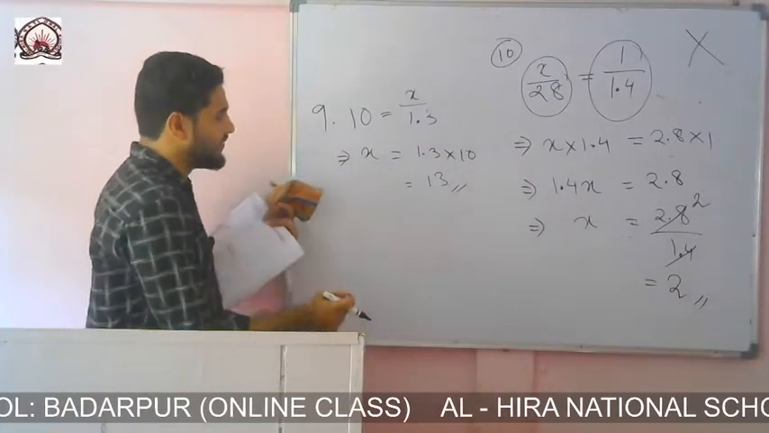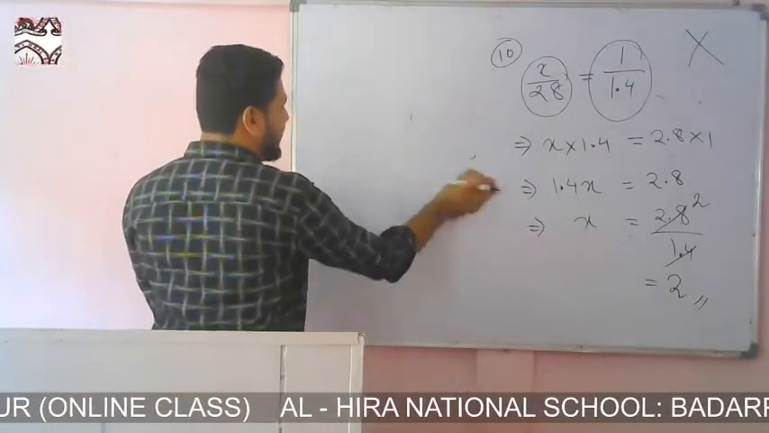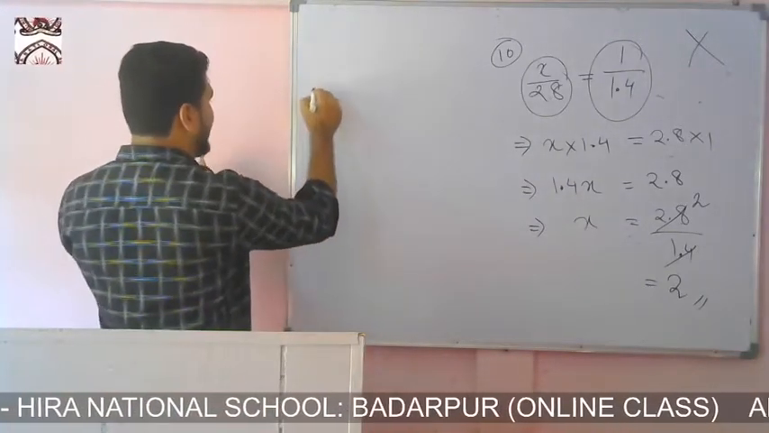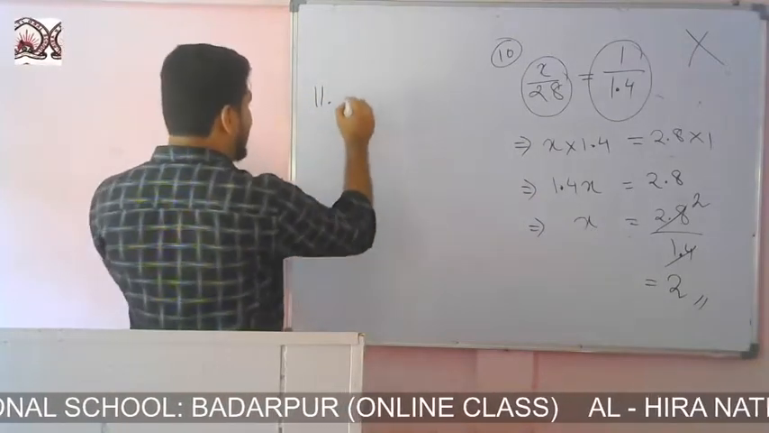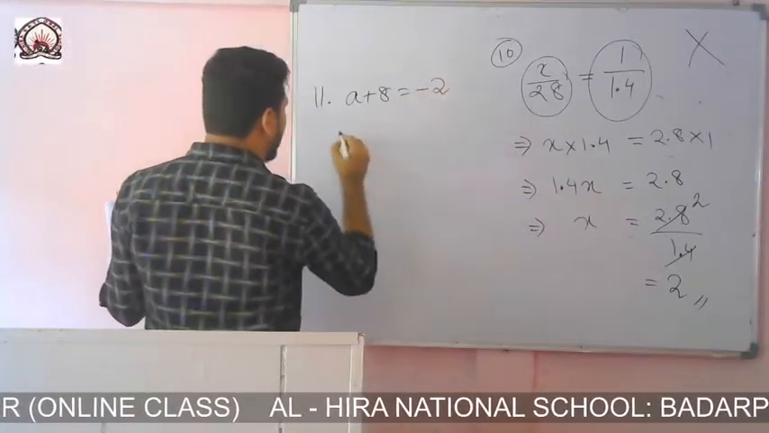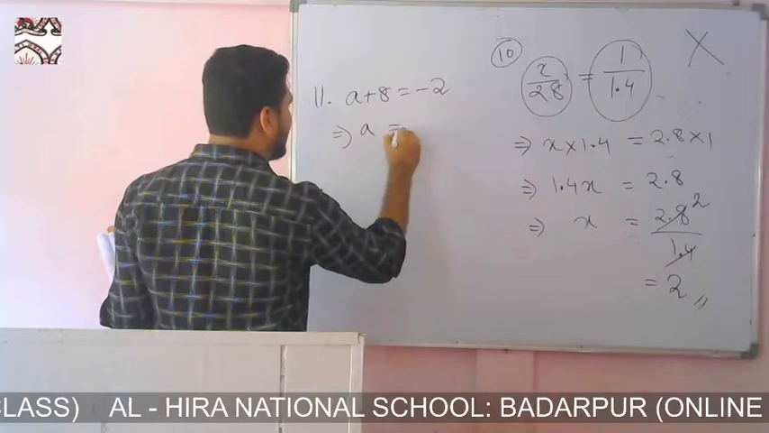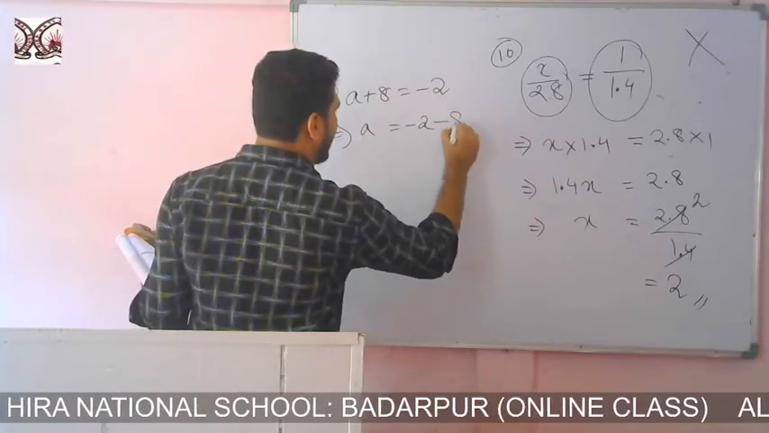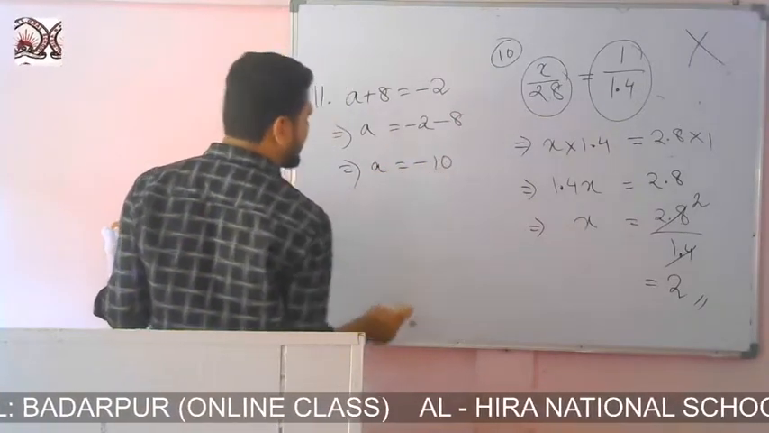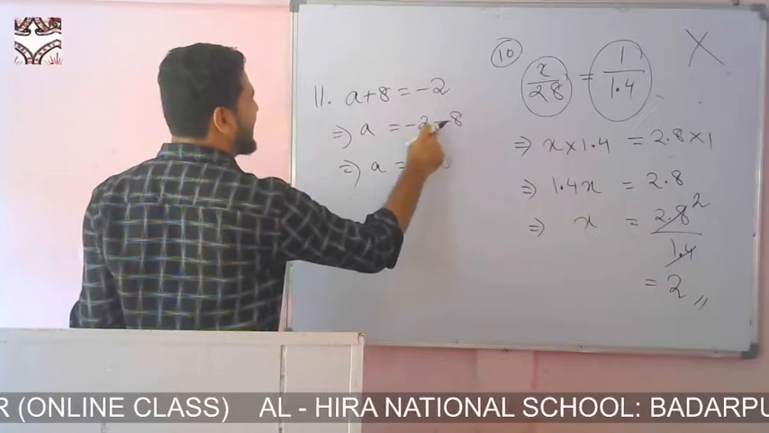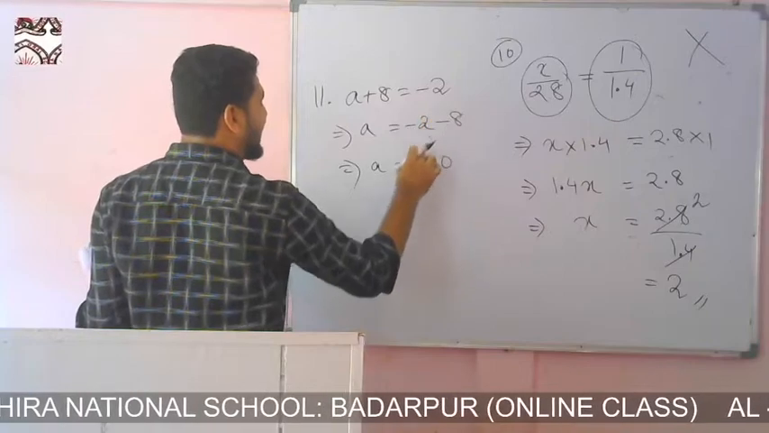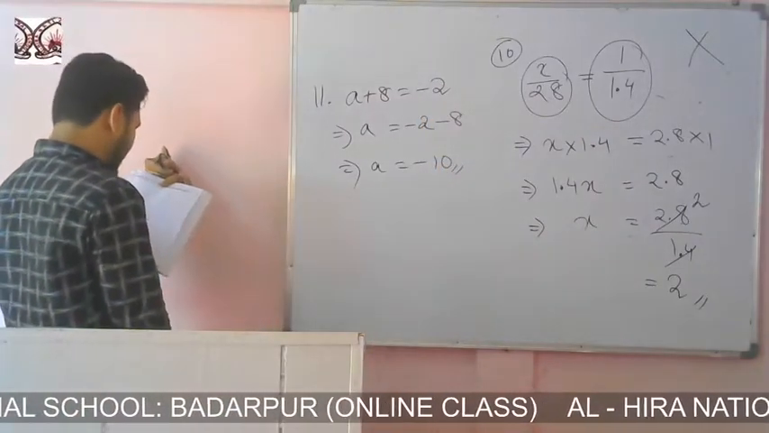now come to question number 11. Okay, a plus 8 equals to what? Minus 2. Okay, then if I want to find a, then I'll take this 8 to the right side by changing the sign. That is, the answer will come what? Minus 10. Minus plus, then 8 plus 2 is 10, and 8 is the big number, so we will use the minus sign of the biggest number, the greater number. Okay,